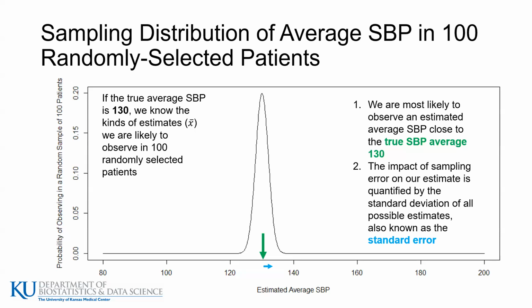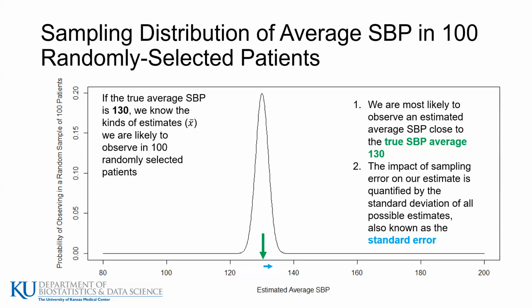This is when the estimate is observed from 100 randomly selected patients. Note that this is not the systolic blood pressure for an individual. It's the average systolic blood pressure from a sample of 100 patients